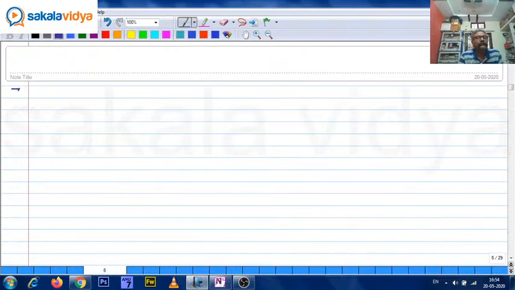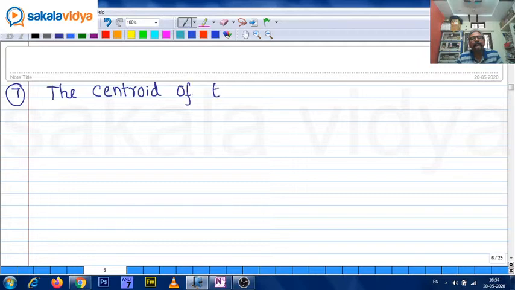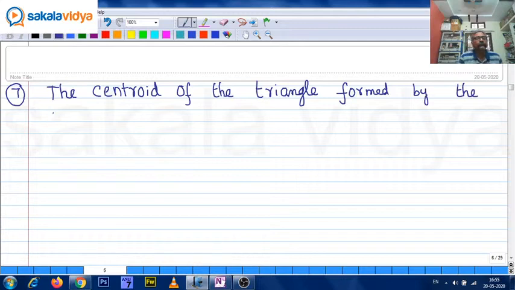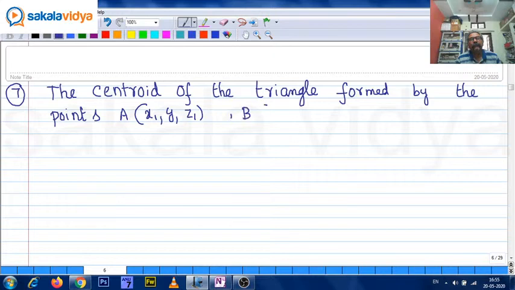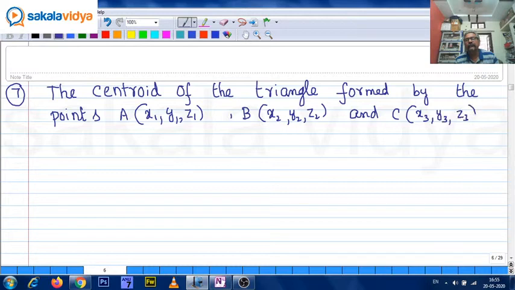Now the seventh point. The centroid of the triangle formed by the points A (x1, y1, z1), B (x2, y2, z2), and C (x3, y3, z3) is